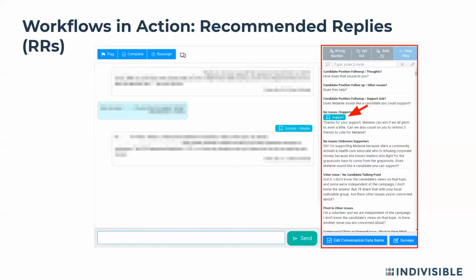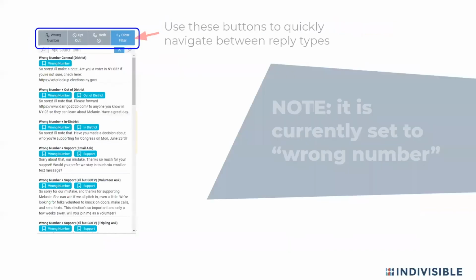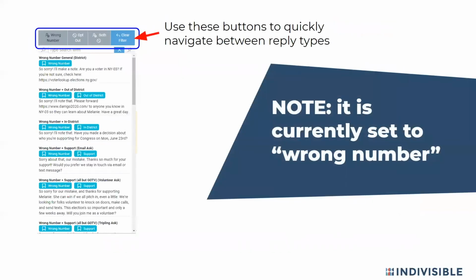Now let's talk about how to sort and review the different RRs available for you in TextOut. First, you can see in the screenshot that it is currently set to wrong number. You can toggle between the different types of RRs using the gray buttons at the top of the list. We have different types of wrong number responses in order to fit the different kinds of conversations you might have